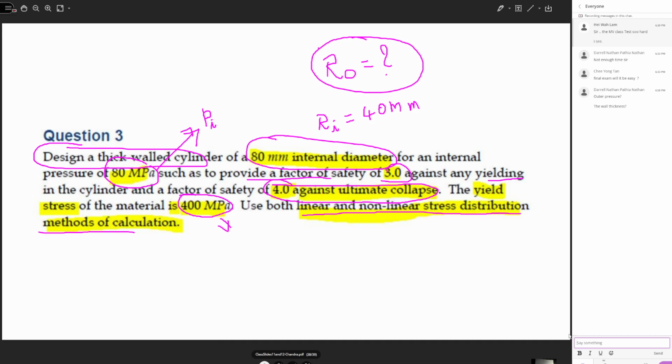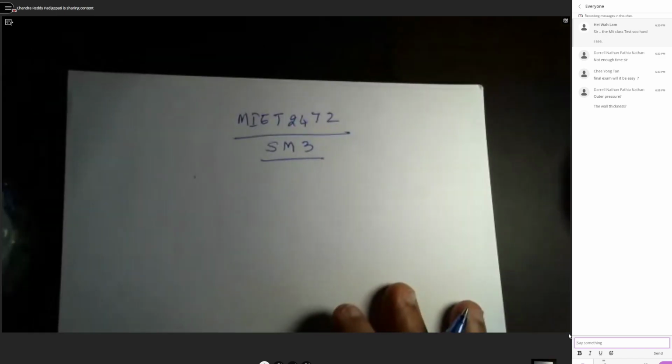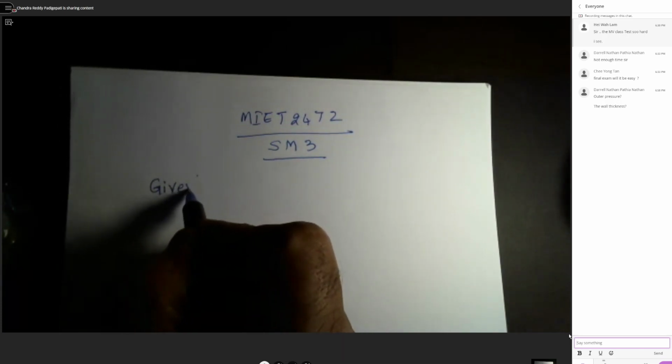All right. So hope you have taken down the given data. Then I'll move on to the problem now. So what's given now? We can say that the given information is internal radius,